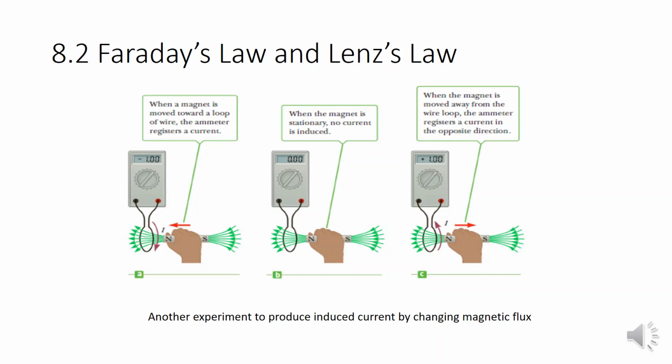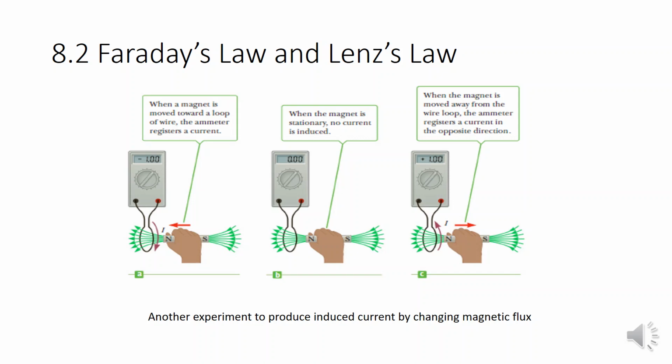Before, there is no flux. After, when we move the magnet towards it, there will be flux. So there is a change in flux here, from zero to some flux. So we are reading it at the ammeter. In diagram 20.4b, when the magnet is placed stationary in the loop, there is no current,